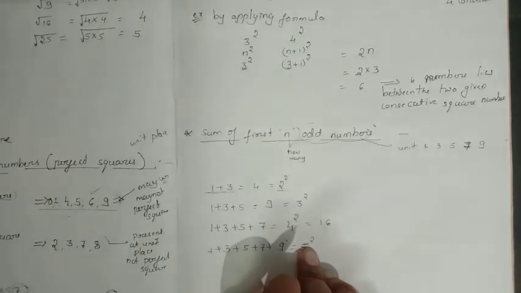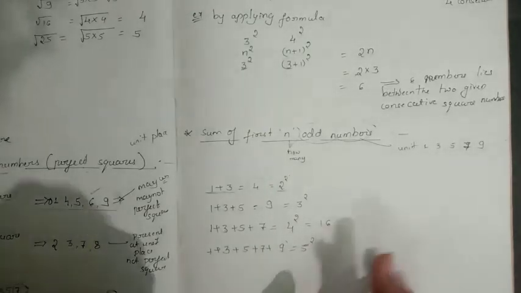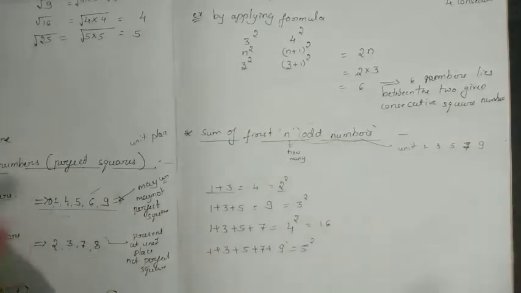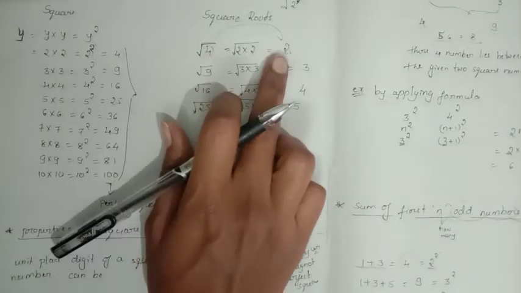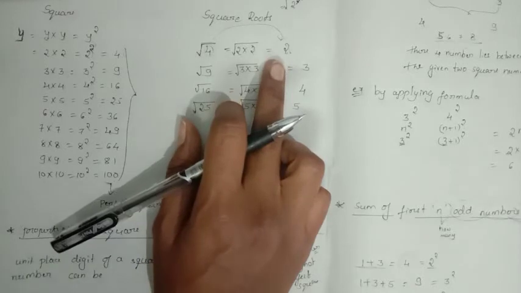And there is another method to find square numbers. There are so many methods, and one of them is the repeated subtraction method. How do we find square roots? From the square root you have to write the square number; the square root of 4 you write as 2. To find that, there is the repeated subtraction method, which we will study.